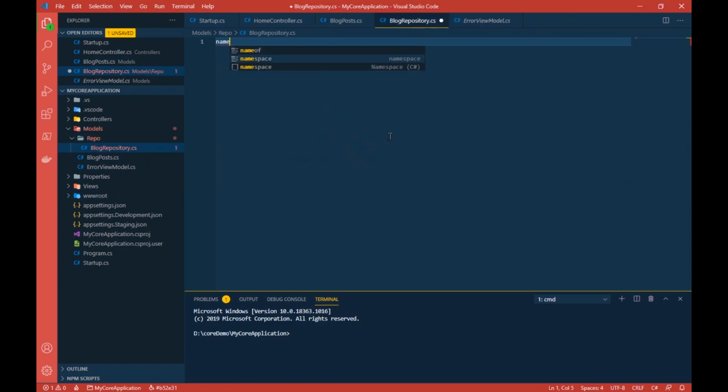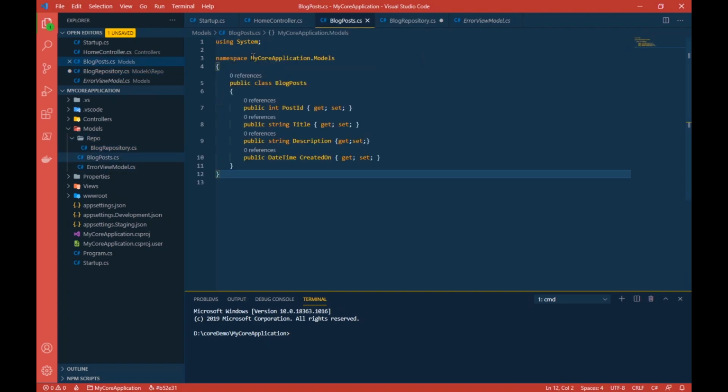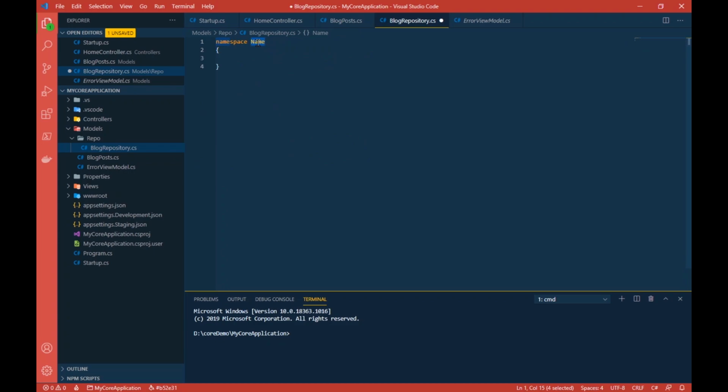I can actually use namespace also. So the namespace is Models, and to this I'll add Repo.